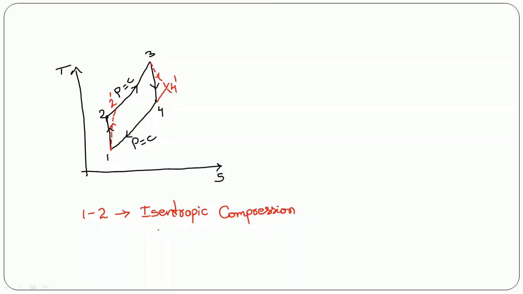So in isentropic compression, the work input that we are giving to the compressor is the ideal work input, that is H2 minus H1,